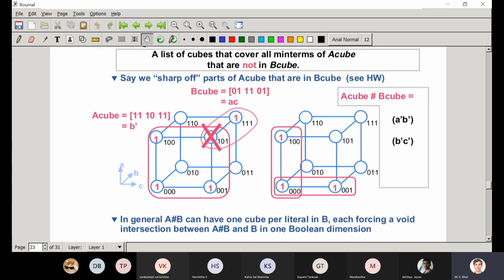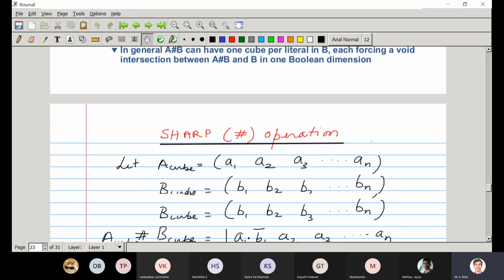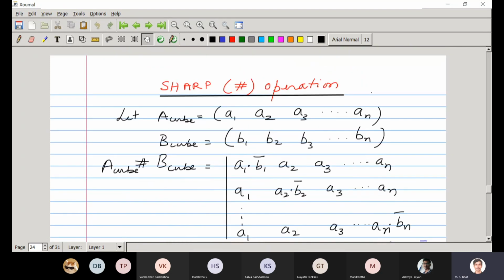Now A cube sharp B cube gives me all those cubes that are in A cube but not in B cube. So I get these 3 minterms after doing the sharp operation. So that is what is meant by sharp. Probably we will see how it is done.